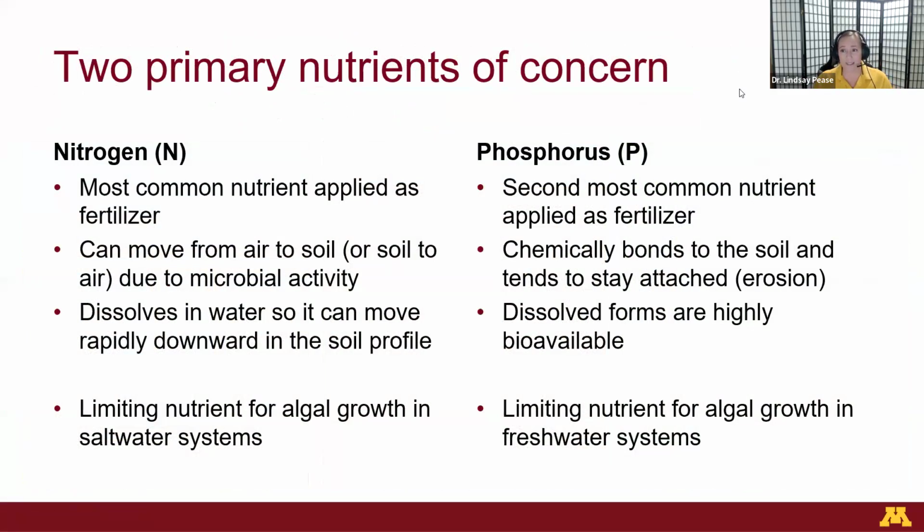But I won't only be talking about phosphorus today, because phosphorus is, of course, what I am an expert in, but nitrogen is a big concern in a lot of watersheds as well. Basically, most of southern Minnesota, that is the primary target. And most of these practices, we need to look at them together, because you don't usually have just a phosphorus problem or just a nitrogen problem. You do need to be addressing both. But it's easy to get focused on just one or the other as the primary target.